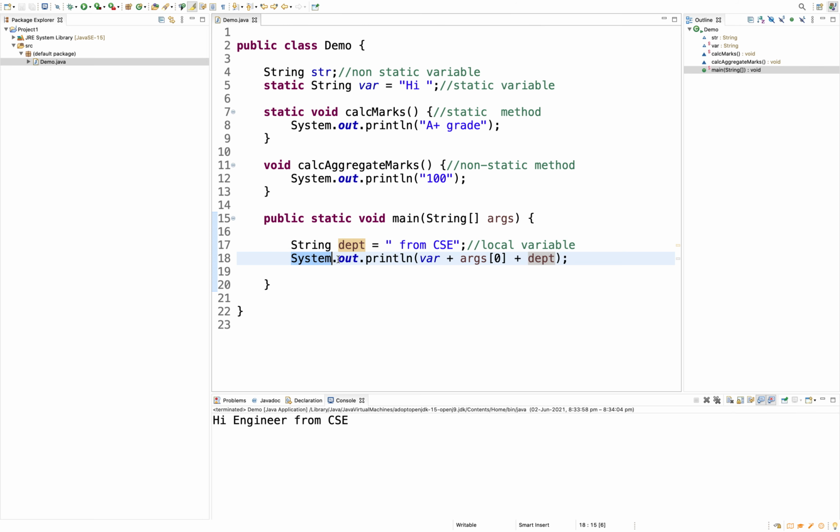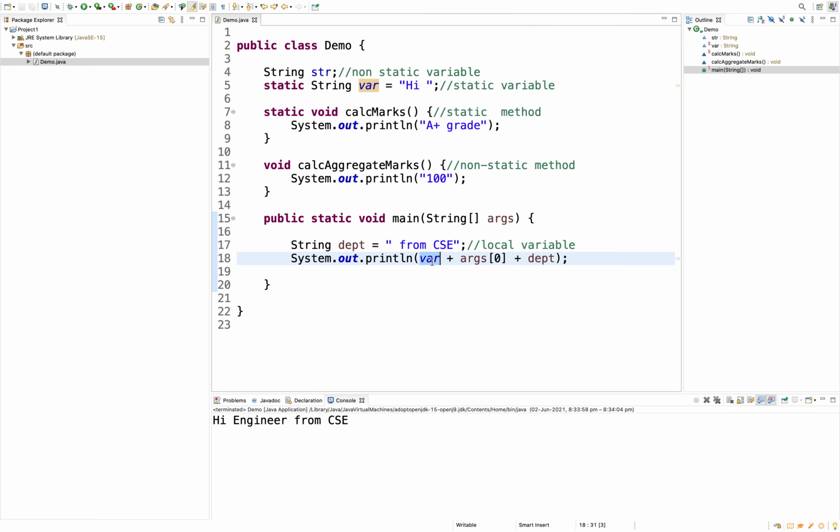Now we are printing. To print on the console in Java, we use System.out.println, and we can discuss that later. For now, just think that we are printing some variable here.